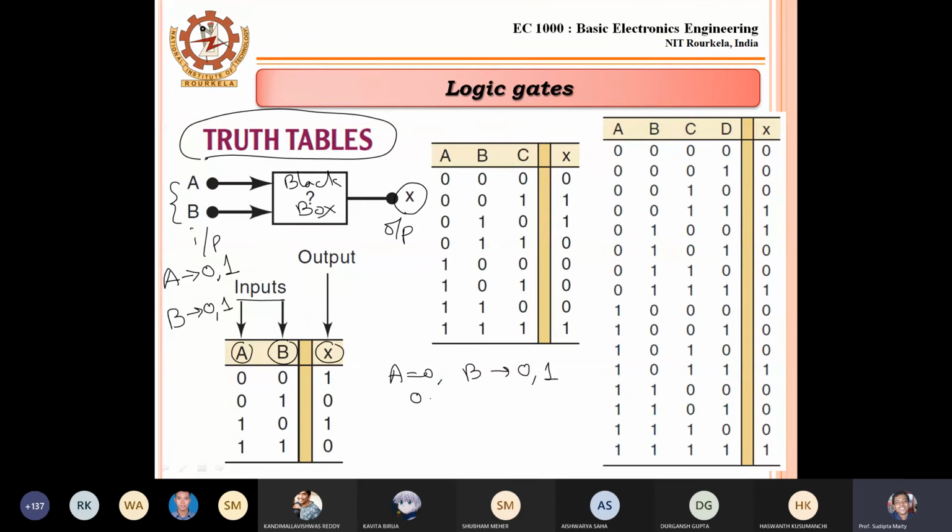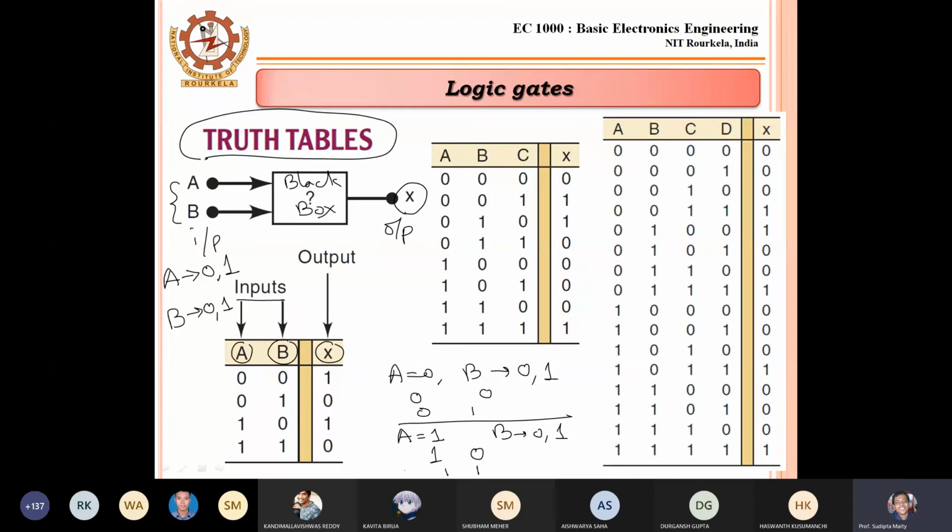So the combination can be 0, 0 or 0, 1. When A equal to 1, then B can also take 0 or 1, so my other 2 possible combinations will be 1, 0 or 1, 1.